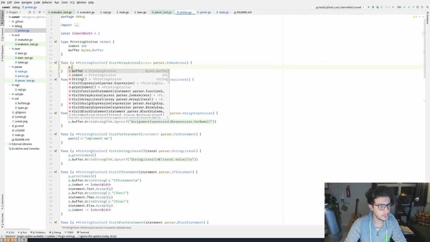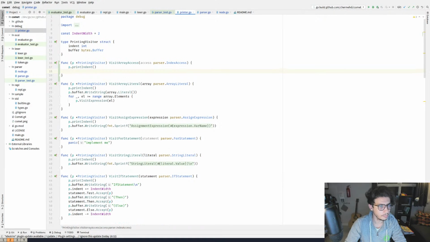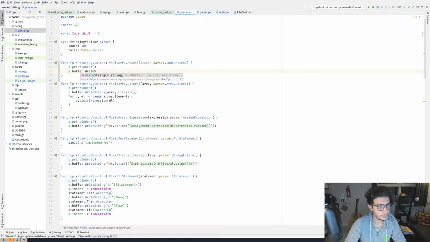So how do I do this? So print indent. Heat up buffer. The right string, index access.